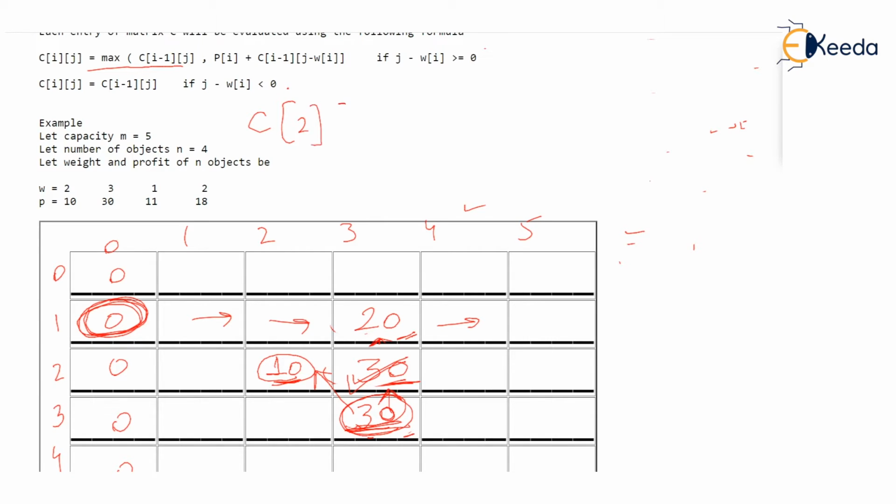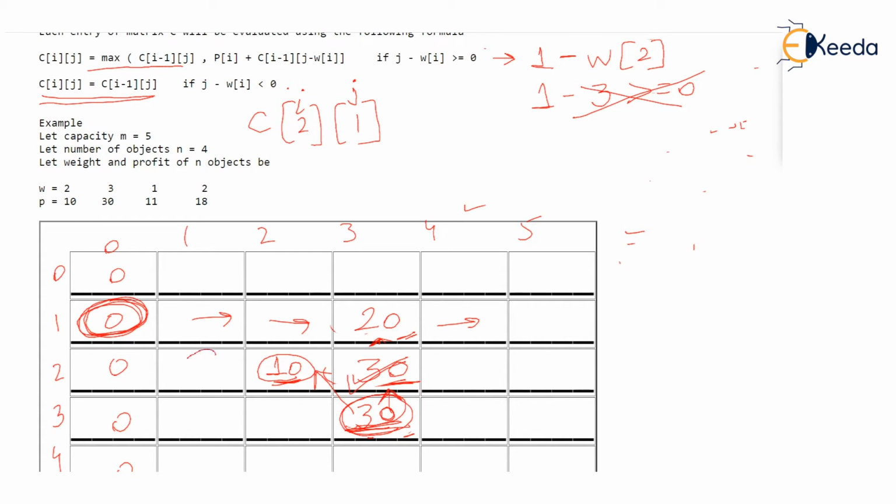first column. What that means is we are allowed to add any of the first two objects because I is 2, and the capacity of the knapsack, that is j, is just 1. You are filling two objects in a knapsack of capacity 1. Now let's try to find j minus wi over here. J is 1, minus wi, meaning the weight of the second object because I is 2. And observe, 1 minus the weight of the second object, which is 3, greater than or equal to 0, is false. That means the second formula is applicable when you are filling C21.